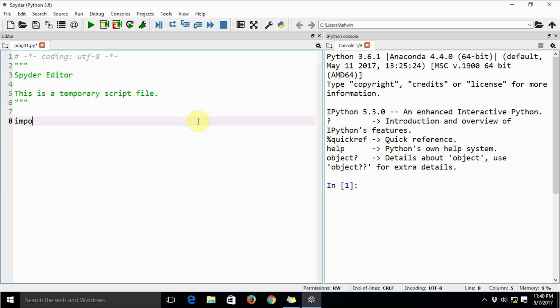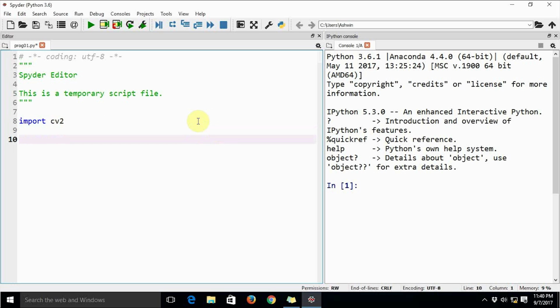So import cv2, this imports OpenCV to the current Python program. Let's define a main method and print the current OpenCV version with cv2 dot underscore underscore version.